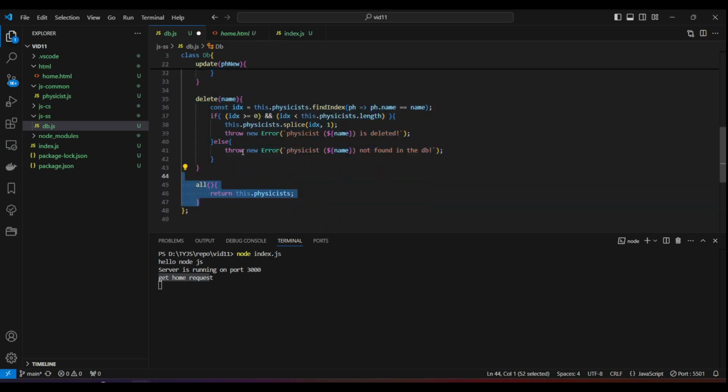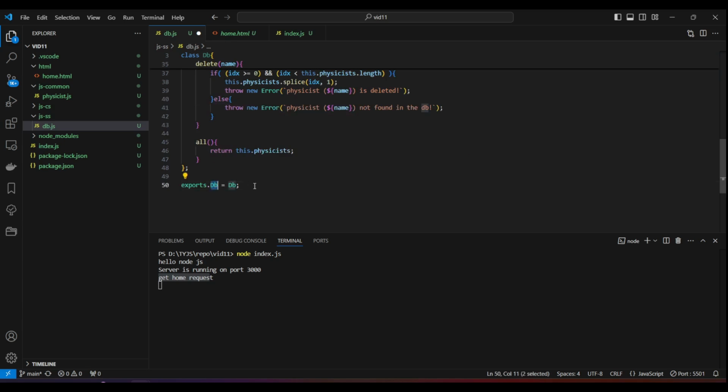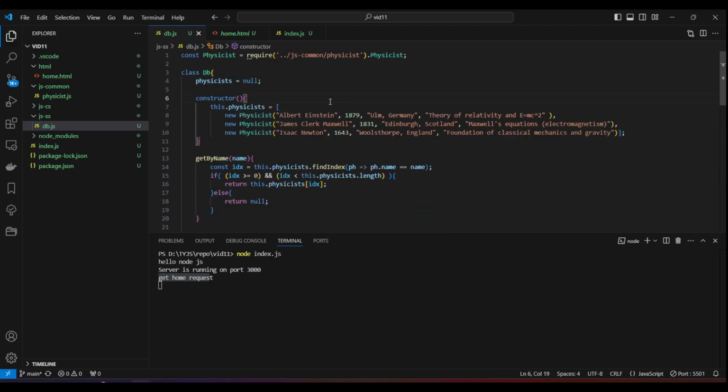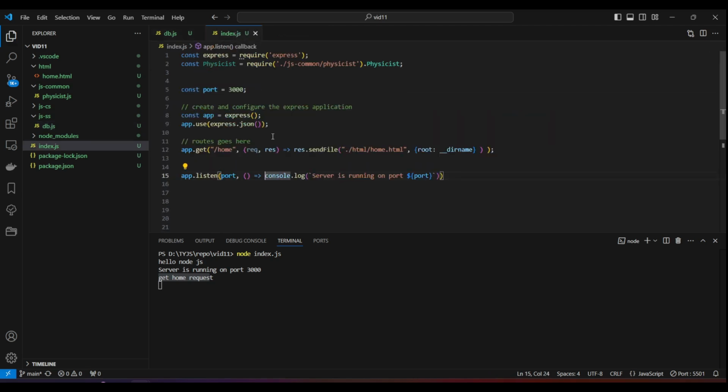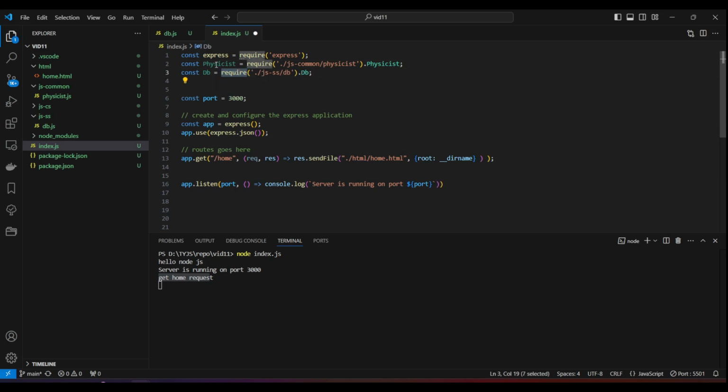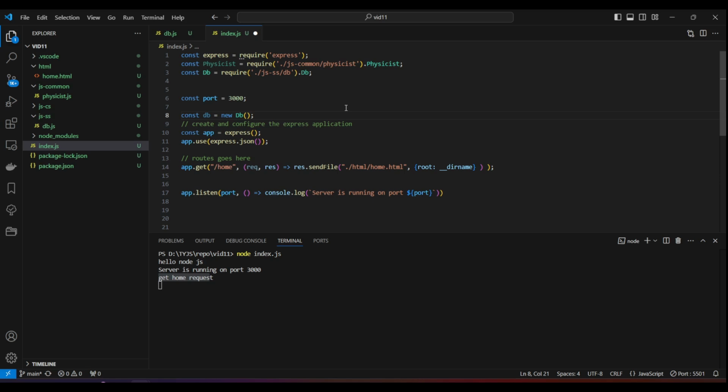So basically there are no changes here. And the only thing I want to do is to add the export. So remember on the server side, we get this exports and we want to attach to it our DB class simply by putting .db and assigning to it our class here, DB. Let me save, and let's include this class inside our main JS script, similar to what we did for the physicist. Now we can create an instance from this DB, and let's now handle a second GET request, which is